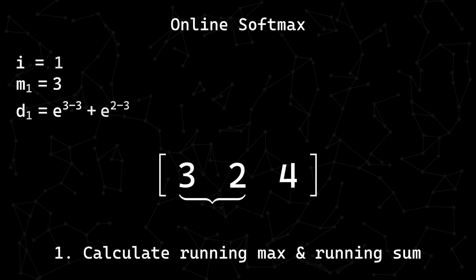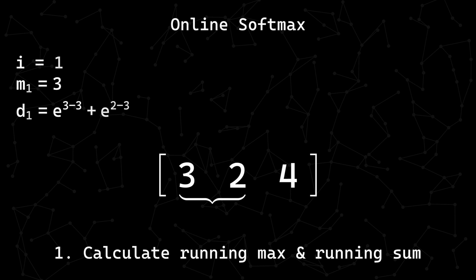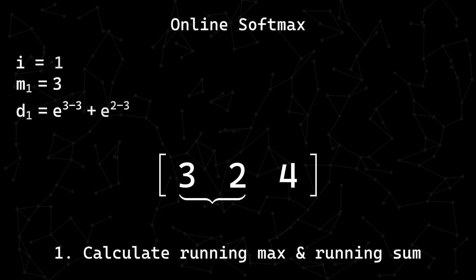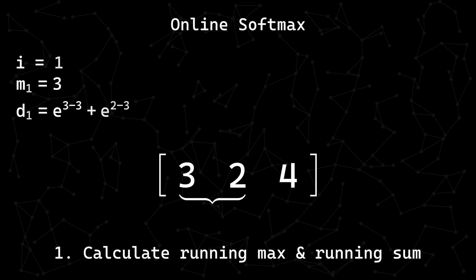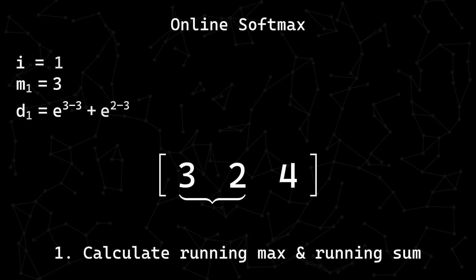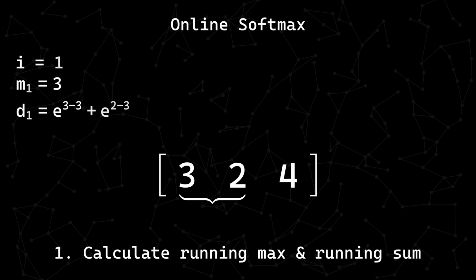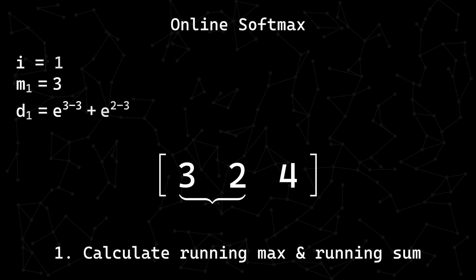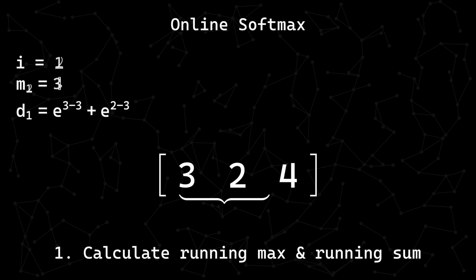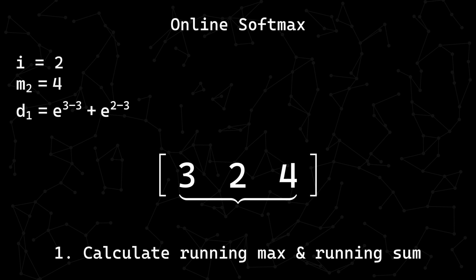Note that I'm writing d sub 1 as a sum of multiple elements for now, but when we'd actually run this algorithm, this running sum will be kept completely evaluated and stored as a singular floating point number in memory. You'll see more of this throughout the rest of the video, only because I think it helps us understand the math better. Things get interesting when we expand our window to 3 elements.